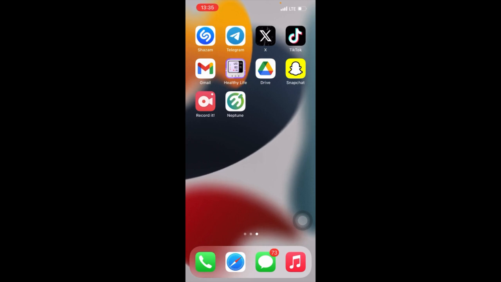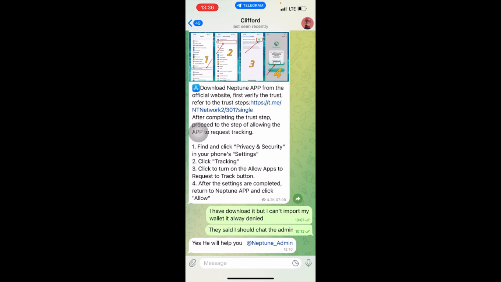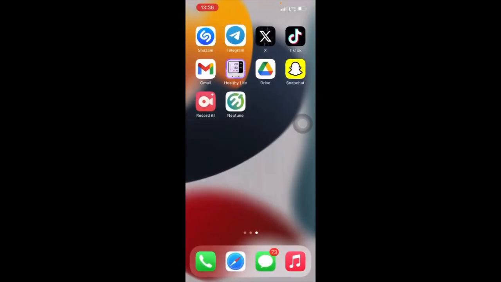I'm here to show you how you can download Neptune Network on your Apple phone or Apple product. Yeah, how to download Neptune Network on your iPhone and convert your NT to USDT. As you can see, I've downloaded the Neptune Network. So this is how you do it. I'll leave the link in the description. You just click on this link, and it will download. After it's downloaded, then